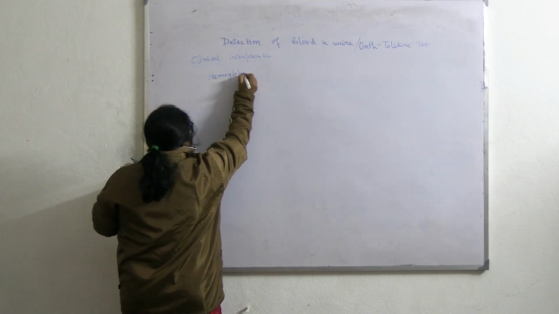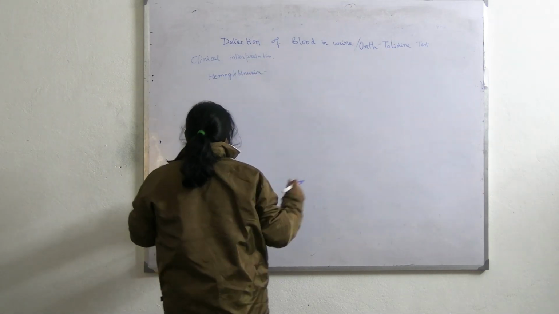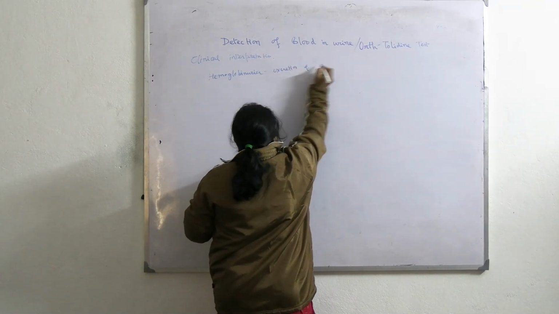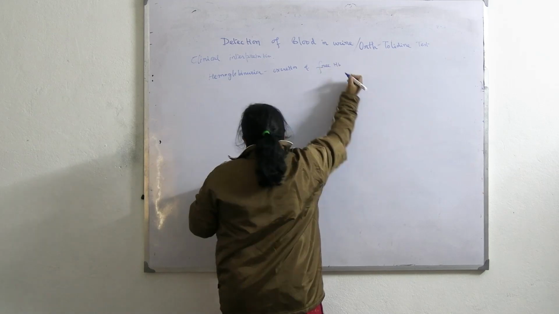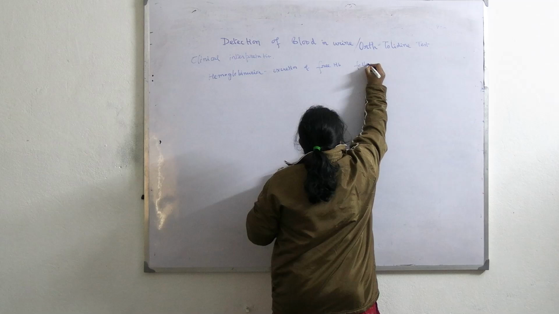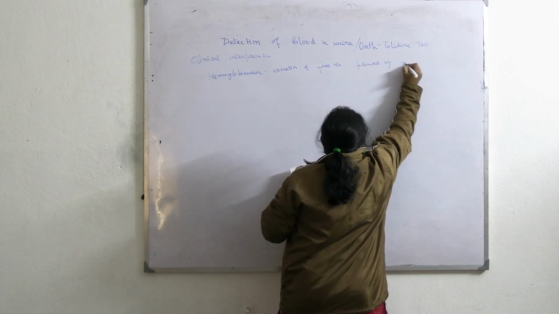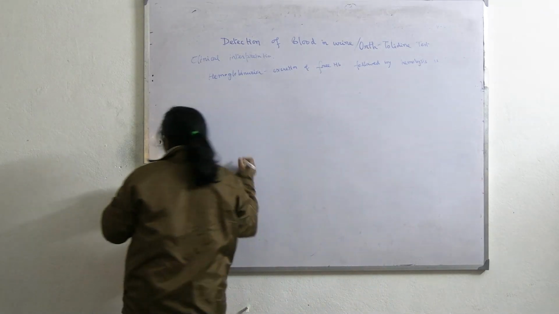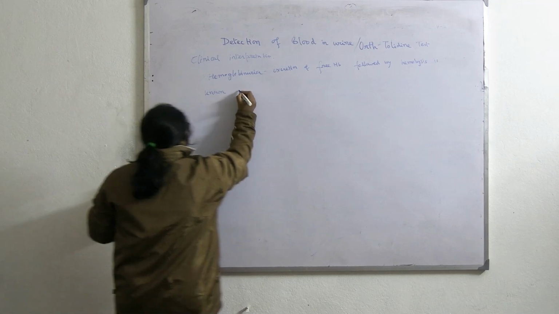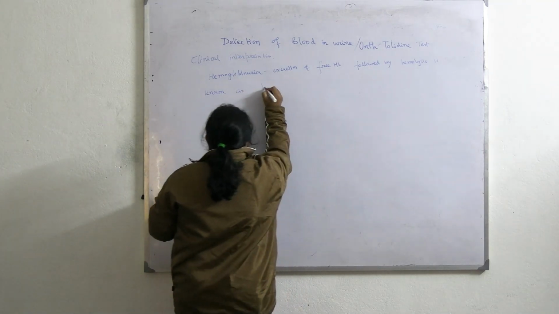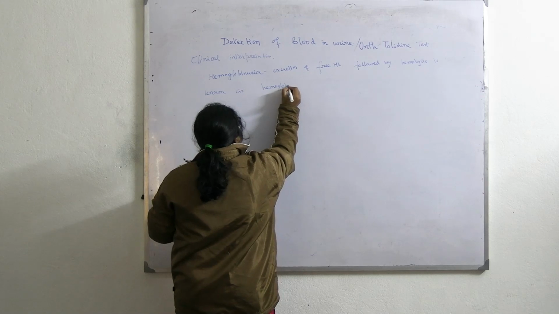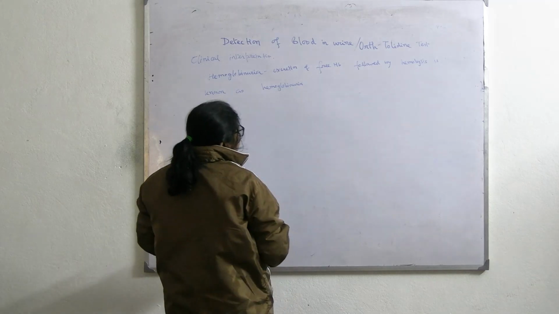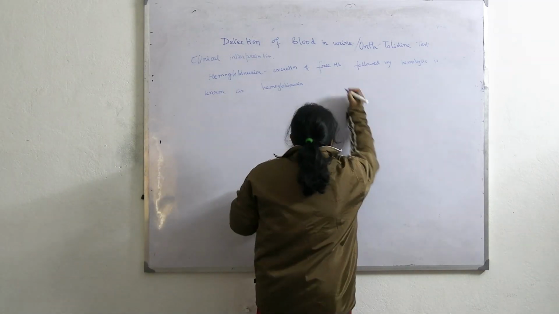Excretion of free hemoglobin followed by hemolysis is known as hemoglobinuria, occurs